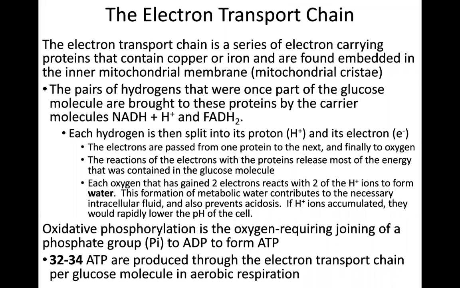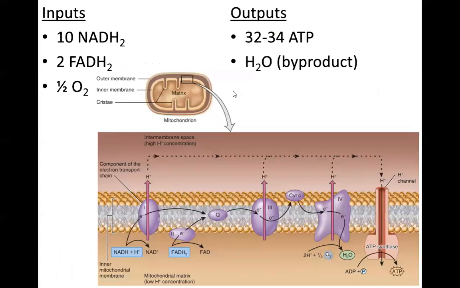which is a series of electron-carrying proteins containing copper or iron found embedded in the inner mitochondrial membrane, what we call the mitochondrial cristae. The pairs of hydrogens that were once part of the glucose molecule are brought to these proteins by the carrier molecules NADH plus H plus and FADH2. There are going to be 10 of these guys, 2 of these guys carrying those electrons and hydrogens. Here's an illustration of